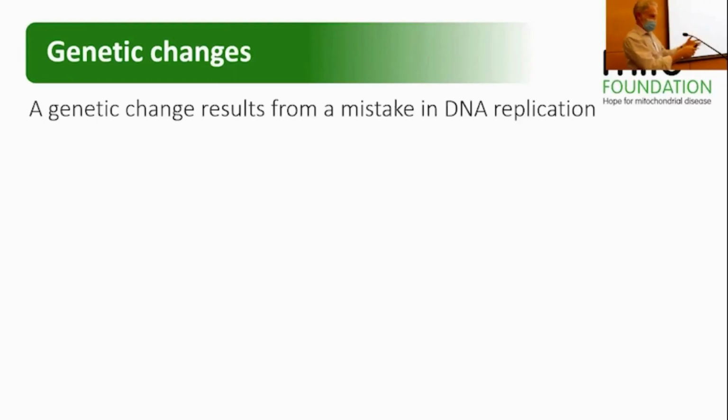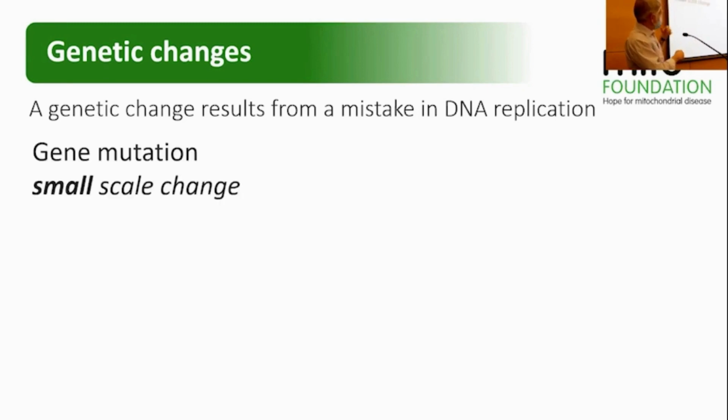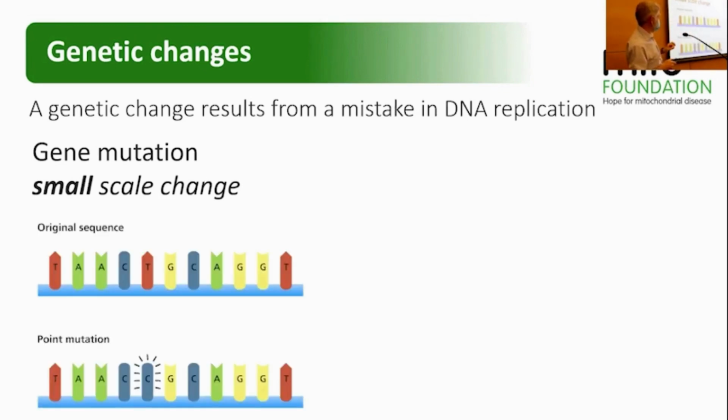We've got these chromosomes and genes, and they're made up of letters. A genetic change can be just a change in a single letter of this code that happens during DNA replication. A lot of the changes we see, which are called mutations or variants or changes, can be at the very small scale, just a single letter in this code.